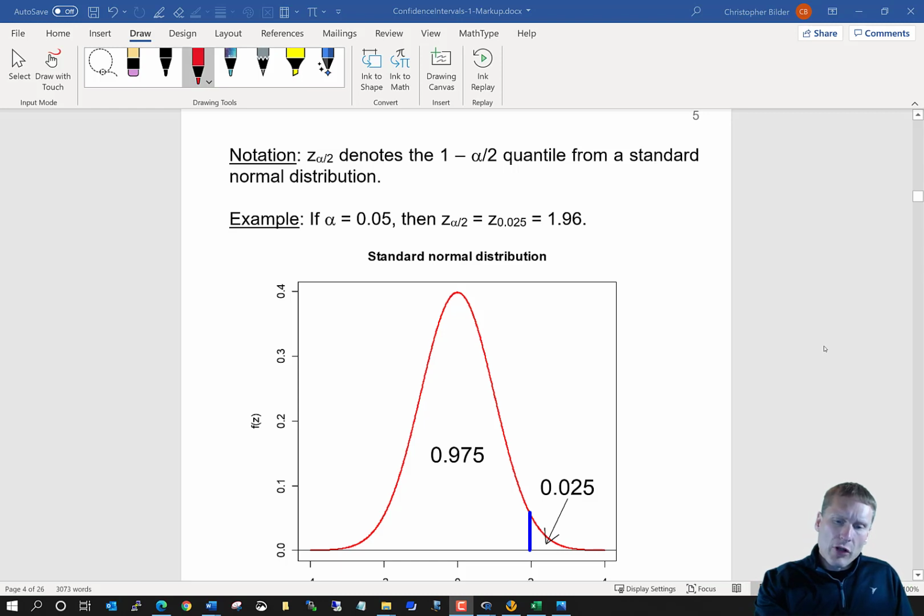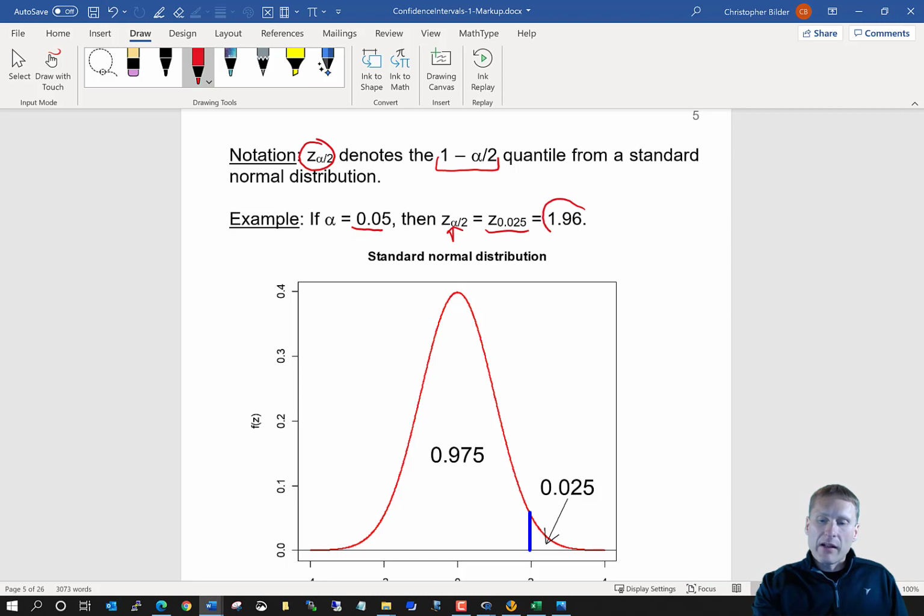So when I have a lowercase z with the subscript alpha divided by 2, this is a symbolic way that people use to denote the 1 minus alpha divided by 2 quantile from a standard normal distribution. So for example, if alpha was 0.05, I put 0.05 in there for the Greek letter alpha, and I get z sub 0.025 back. And what that means in a symbolic manner,